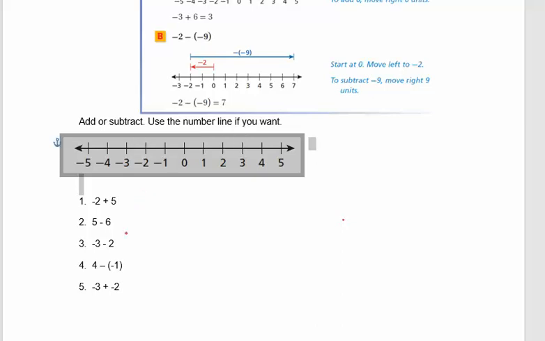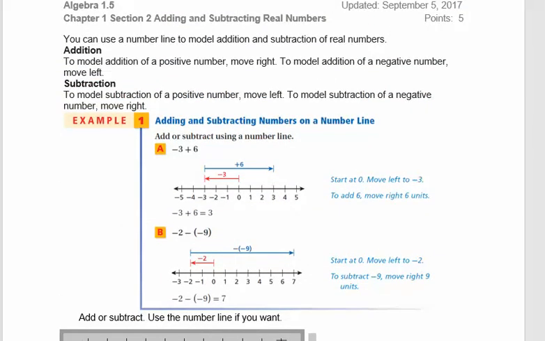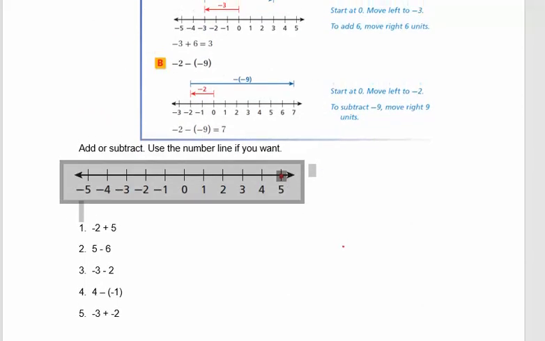Now let's do a subtraction one. Number 2 is 5 minus 6. So I always start at the first number. There's 5. And then it says to subtract 6, which is a positive number. To model subtraction of a positive number, move left. So I started at 5, and now I'm going to go left 6. 1, 2, 3, 4, 5, 6. So where I end up, that's the answer. So this would be equal to -1. So you can use number lines, and those rules up there, to help you find the